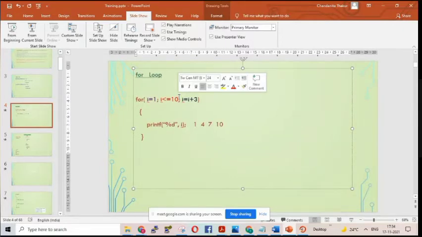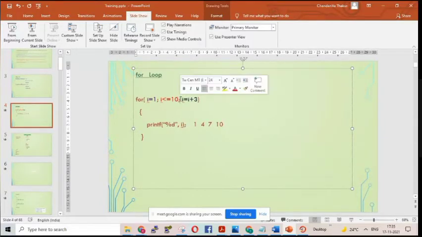The middle part of the for loop is called the terminating condition, which helps the loop to stop after a certain amount of time. This is the second step. The third step is that control will enter inside the for loop and perform the instruction written inside the for loop. Then the third part of the for loop will be executed.